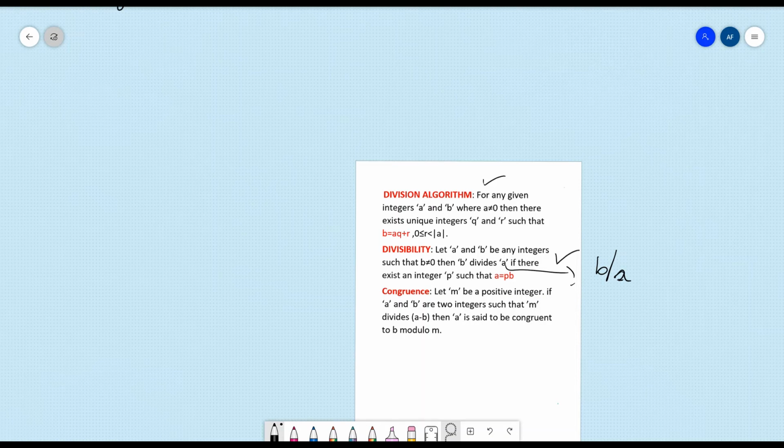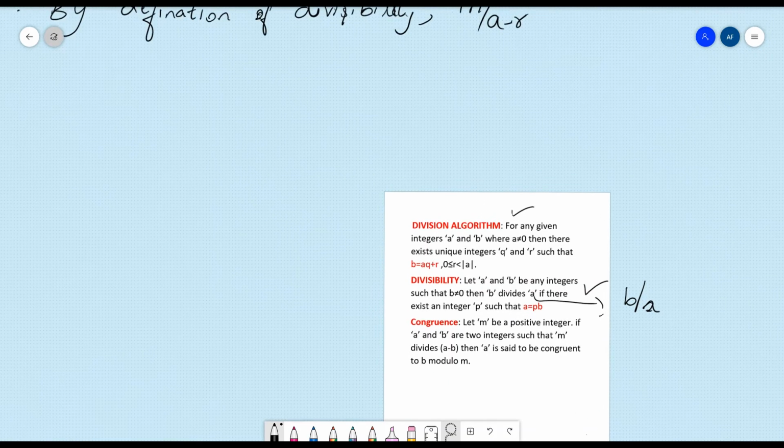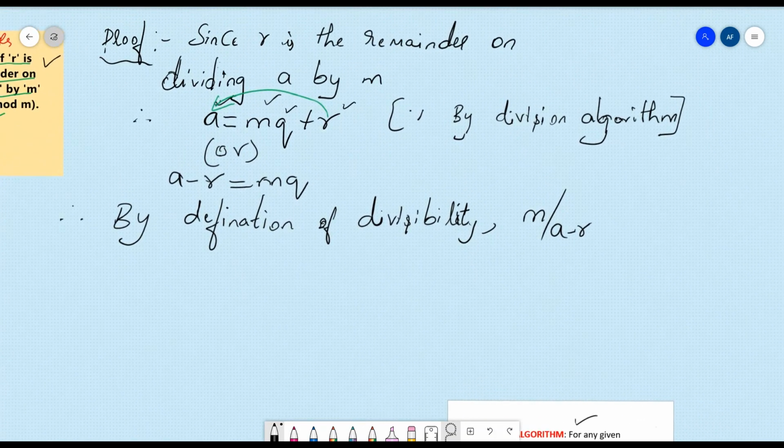So that is the thing, it's very simple. So by the definition of divisibility, m divides a minus r. There it was just a, here it is a minus r. Hence